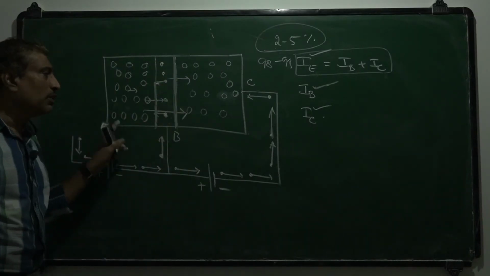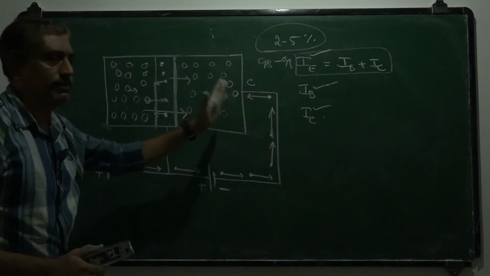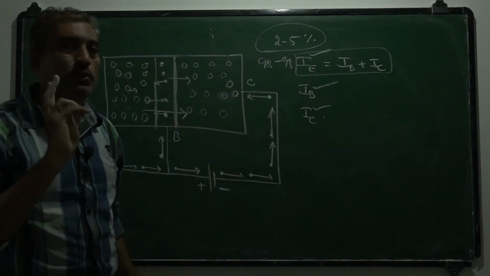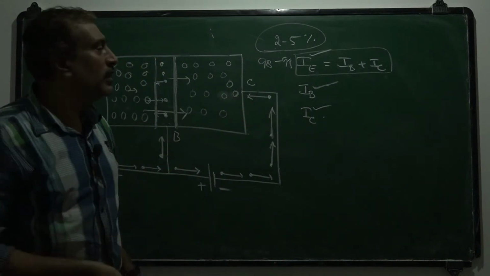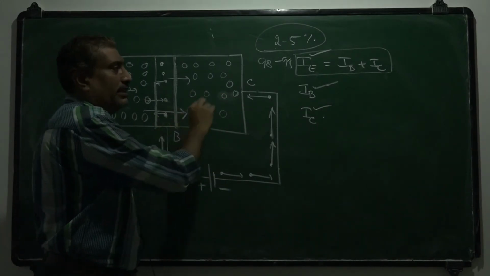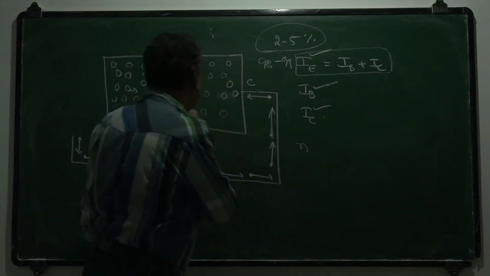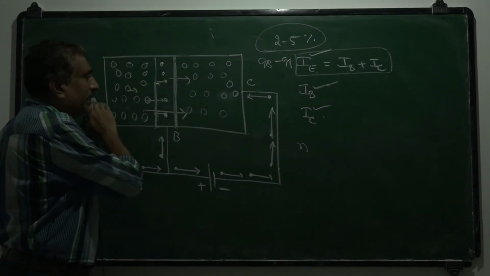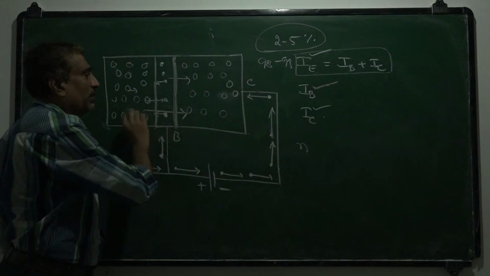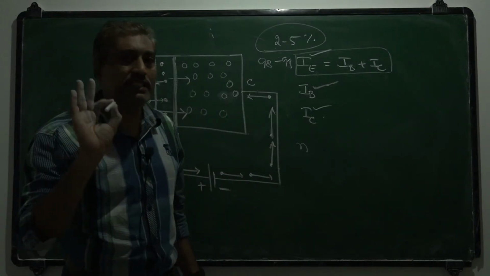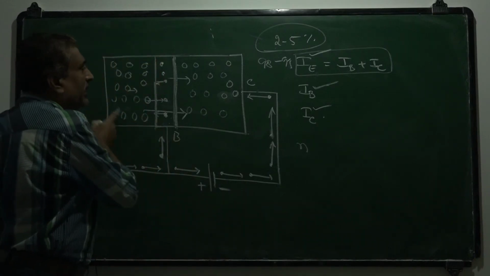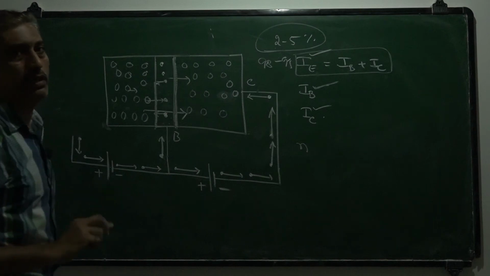Actually, in addition to this hole current, what we have considered is only holes. That means we considered only hole currents. But in a transistor, the current is due to two types of carriers, free electrons and holes. That means there is also an electron current in this PNP transistor. But as the electrons in this region are very few, because the majority carriers are holes and this region is very lightly doped, the electron current is very small in strength. That's why we consider that in a PNP transistor, current conduction is mainly due to holes.